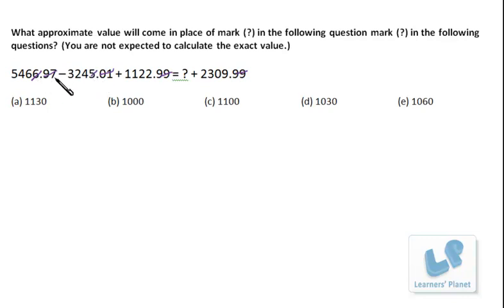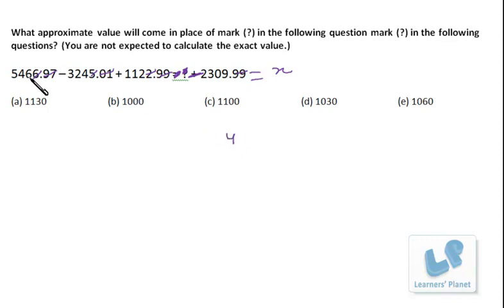Now 6 minus 5 is 1. 1 plus 2 is 3, and 3 minus 9, this data if it goes over here, it will be negative, right? So I just put a negative sign over here, and this is x, right? Getting me? So 6 minus 5 is 1, 1 plus 2 is 3, and 3 minus 9 is minus 6. We cannot write minus 6, so I'll borrow 1, and 10 minus 6 will be 4, right?